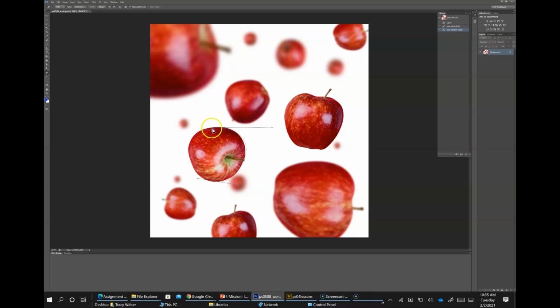And then I'm going to click here. And again, it's not perfect, but there. When you get back to the area where you began, the pen cursor has a circle next to it indicating that when you click back on the first anchor point, it will close. So if the path is not visible, okay, so